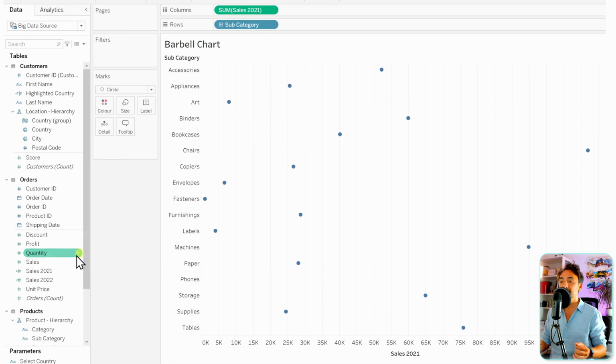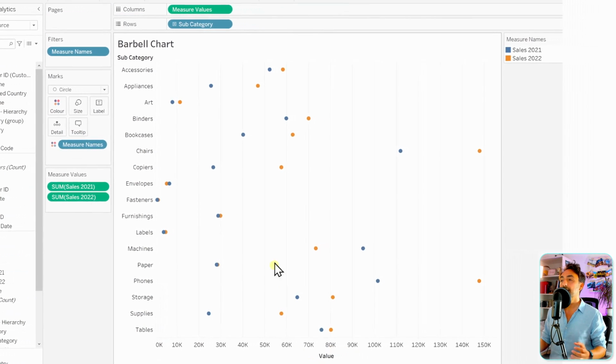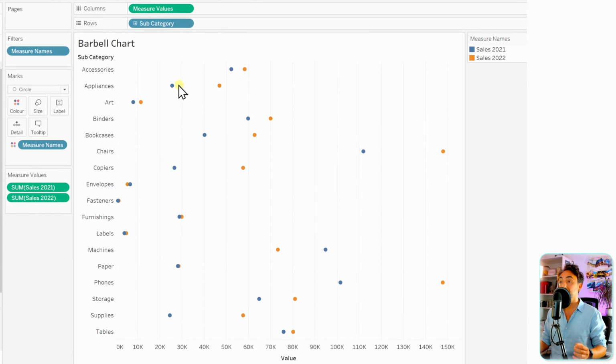So in order to do that, we're gonna go and get our sales 2022, move it to the axis in order to generate the measure values and measure names. So just drag and drop it over here. And now with that, we got our second point. So the first one, the blue one, is for 2021 and the second one is 2022. Alright, so with that, we have built the first part of the Barbell Chart where we have the starting point